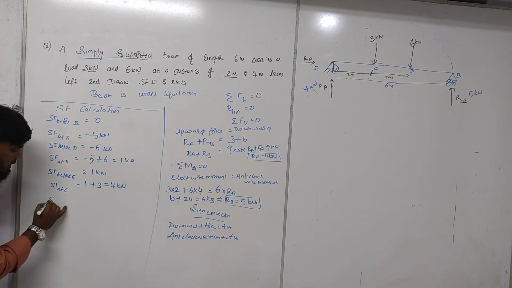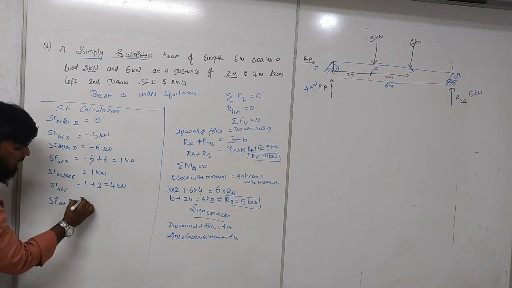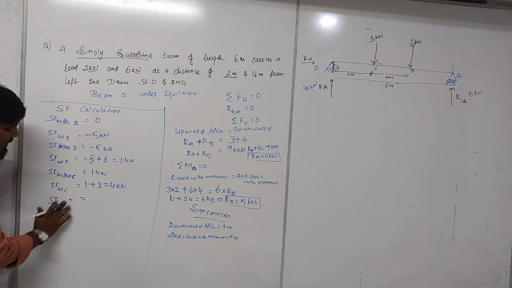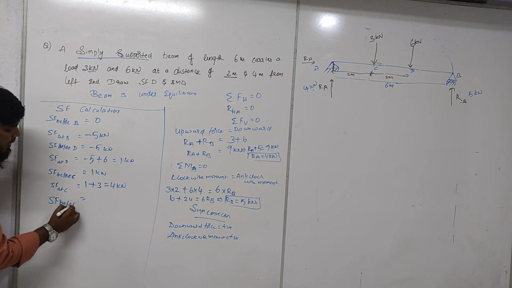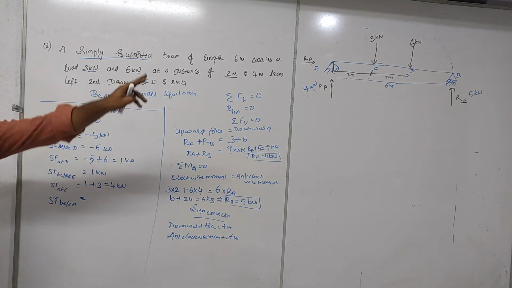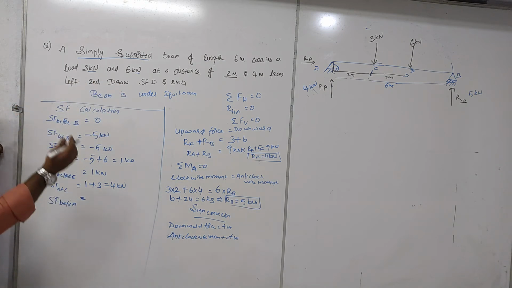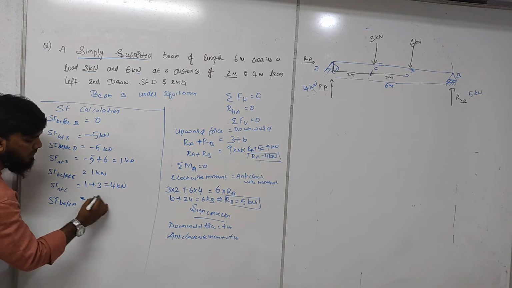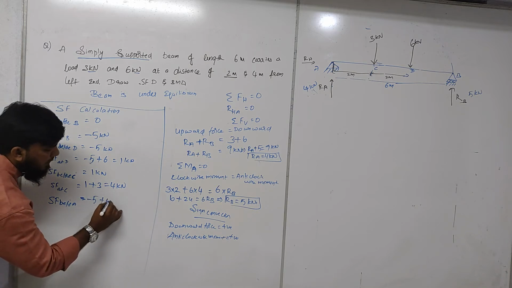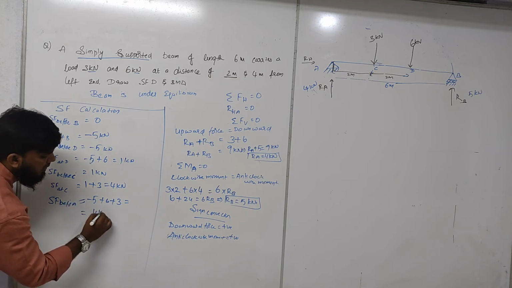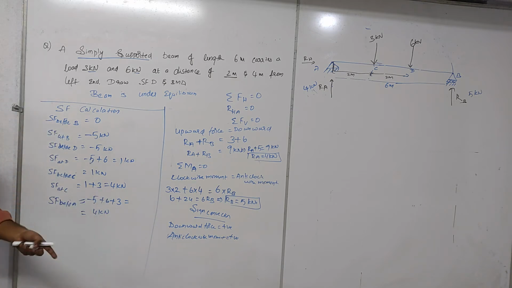Okay. Next is shear force at point A. Sorry, first before point A. Before A means the same 4 kilonewton. This whole calculation will come again. All the right side forces together, if you want to do it again, you can: minus 5 plus 6 plus 3. If you do the calculation here, you will get a total of 4 kilonewton. You can repeat this 4 here, or do the whole calculation with whatever is to the right.